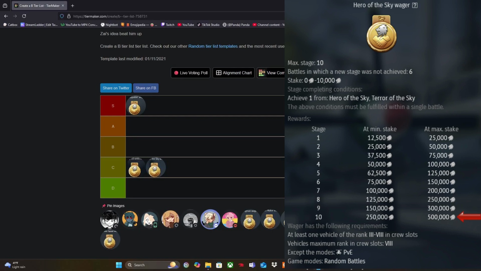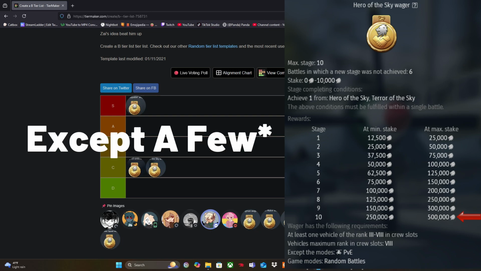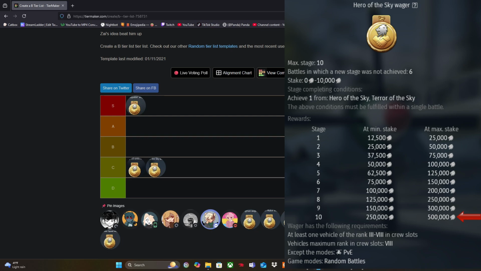You do get 500 KSL if you win it, which is great. Most of them do have that, just to make you aware, so you'll hear that a lot through the video. They're all 10 matches as well, just to put that out there. But you do have the ability to lose 6 times, technically 5, because on the 6th one you would lose the wager. But the reason I put this at C tier is because I would say the average player getting